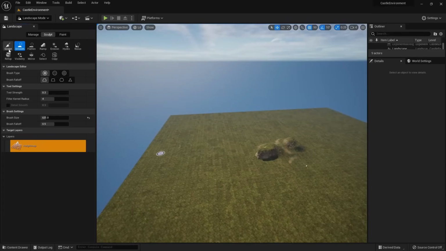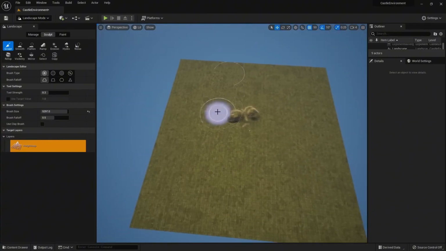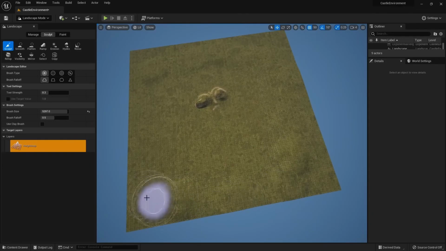So let's go to sculpt and increase the brush size with the right bracket key until it's pretty large. And what I'm going to do is go around the perimeter of my landscape and then just add in random hills. So some perimeters like this,